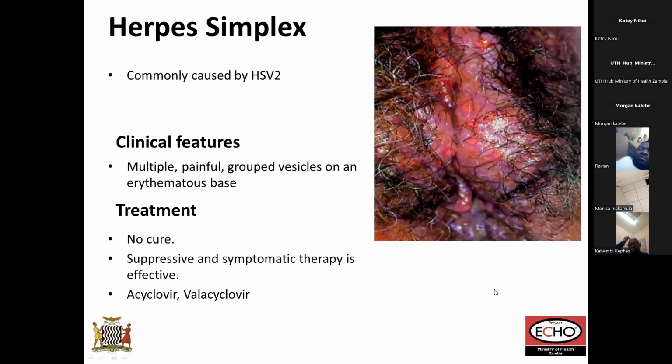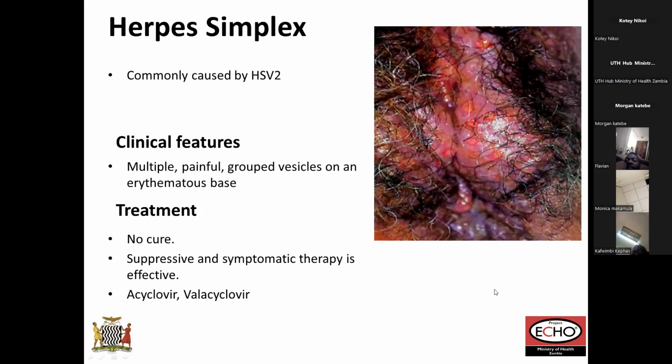So if you look at this picture here, you can see the multiple vesicles, like fluid-filled lesions, but they break down and then you have this open area, which is more of an erosion. And if you look closely, you find that there is grouping in terms of where the lesions are occurring. And then the base is erythematous. If you see the pinkish area there, it's erythema, but you can distinguish it from the brownish normal skin around. So sometimes you can see the intact vesicles, at times you only see the broken ones.